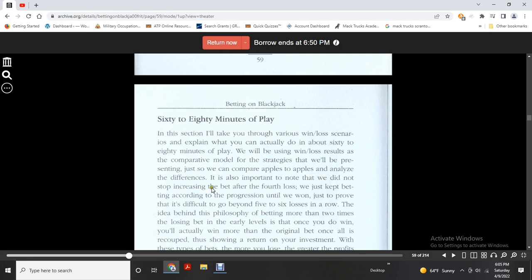It's important to know that we did not stop and quit the bet after the fourth loss. You just kept betting according to the progression unit until we won, just to prove that it's difficult to be on 5 or 6 losses in a row. The idea behind the